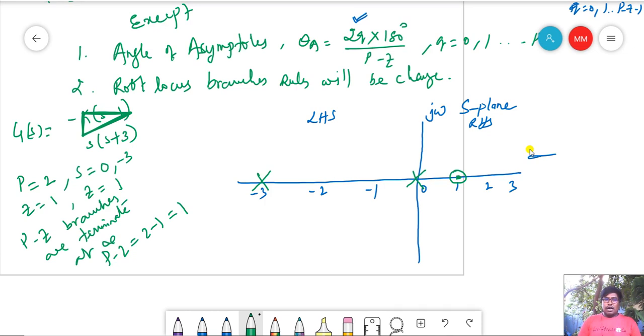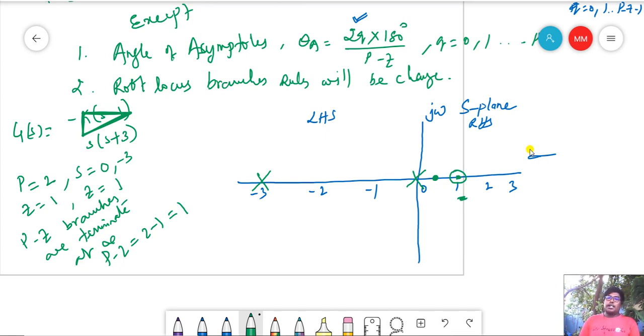Okay, in the above angle of asymptotes also I said that even multiples of 180 degrees. So in this case also we will see the even number, instead of checking odd number. Suppose I keep one point here, for example. See, the right side should be even number, not odd number. Odd number is for direct root locus, and even number for complementary root locus. So see, the right side should be even number. How many poles and how many zeros are there? Only 1 zero, so odd number. So whatever the point I kept in the real axis, it does not lie in the root locus.